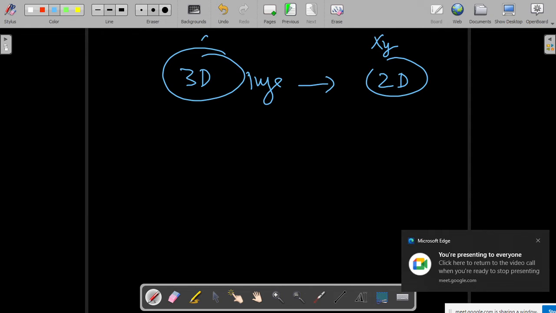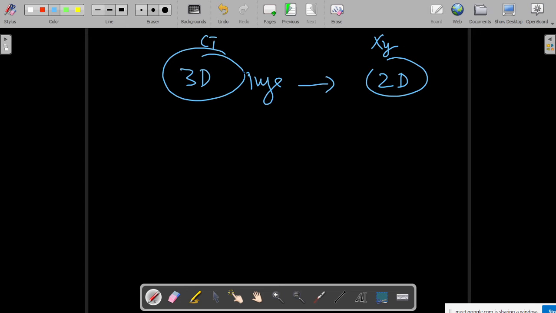So this is your CT, which is going to have a 3D image, whereas your X-ray is going to have a 2D image. Here you represent it as voxels, and here you represent it as pixels. Now you take your source. I'll just again put my source. This is my X-ray source.